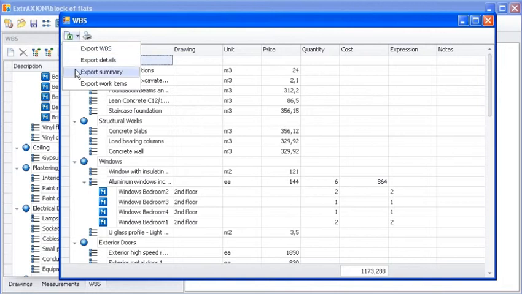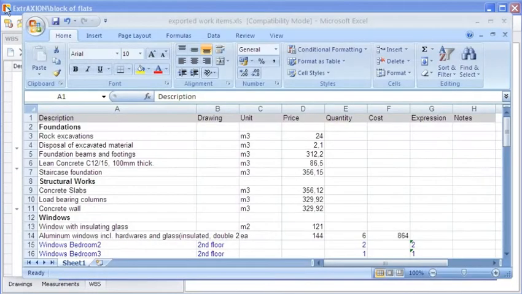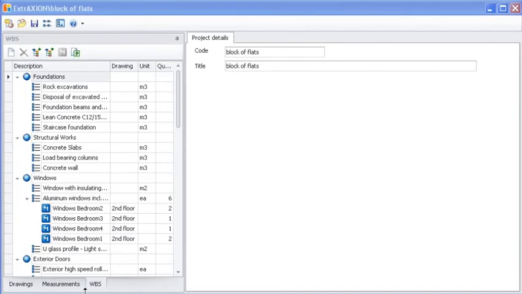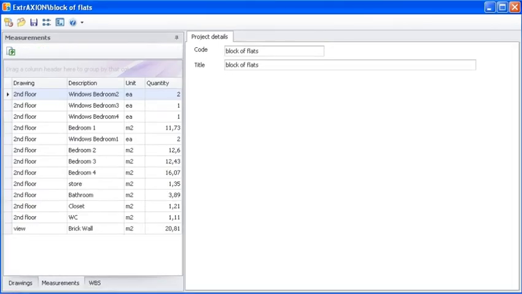Select the Export Work Items option, and the table is exported to Microsoft Excel in its current form. This export option includes all export data, carrying any applied changes such as switching the position of columns or hiding them, etc. Click on the Measurements tab, and a table appears on the screen that contains all the measurements without